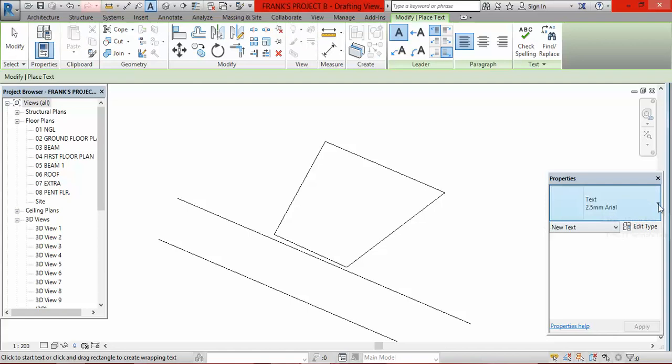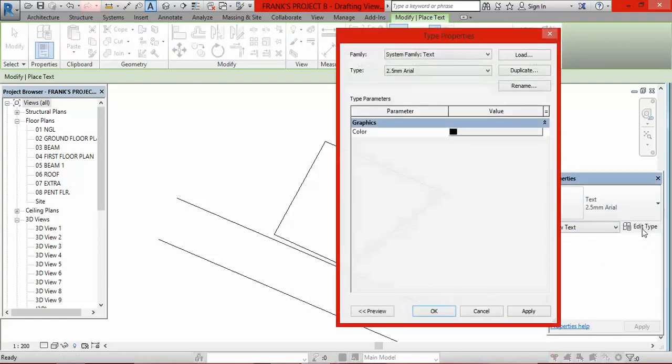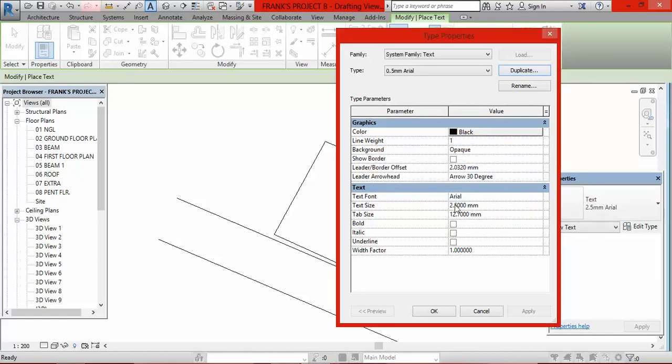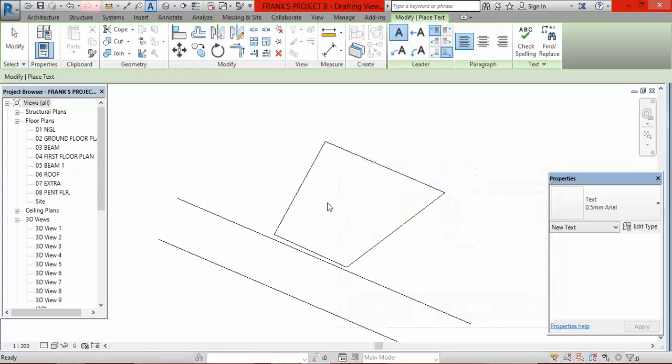To reduce this, I'm going to come here, click on edit type, okay, then I click on duplicate, then I may call this 0.5, I click OK. Then the next thing I'm going to do is to come here again, text size, make this 0.5 again, okay. Having done that, I'm going to click OK now. Then I